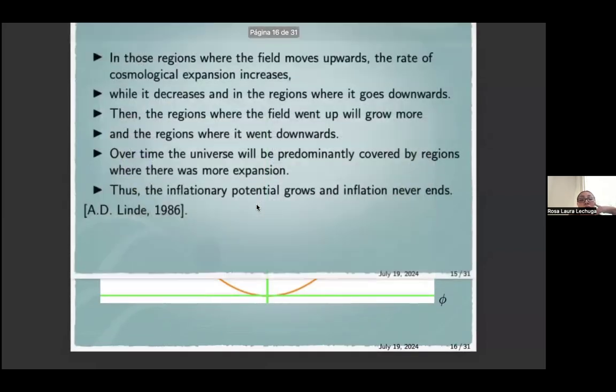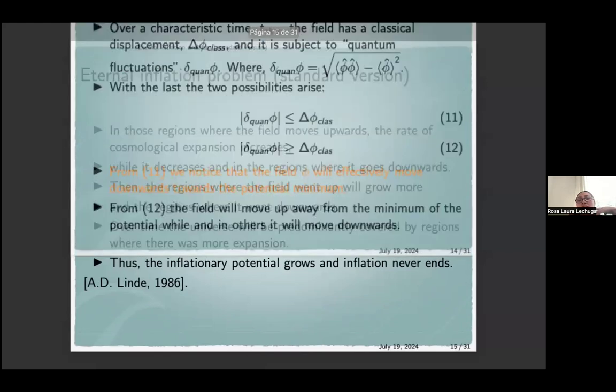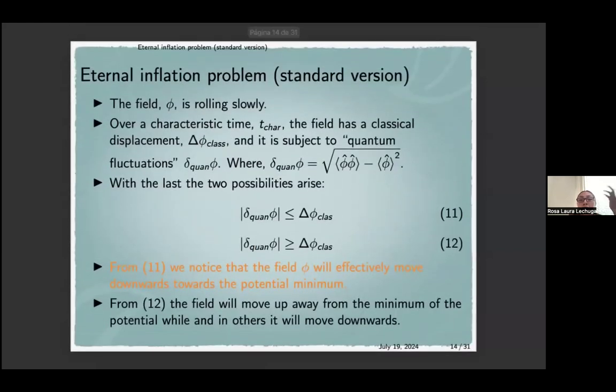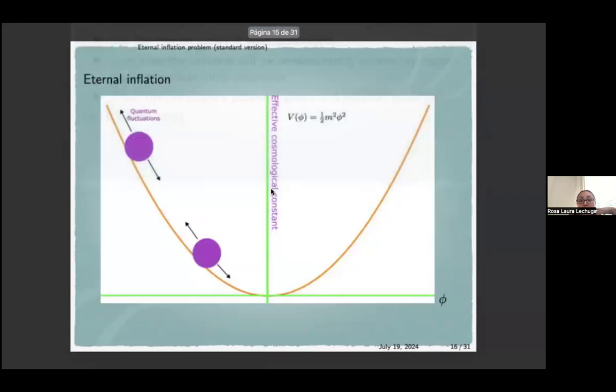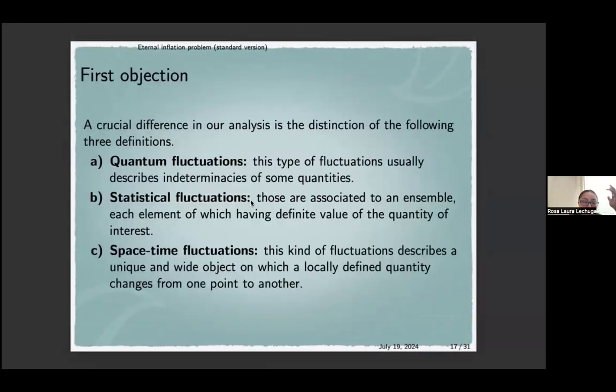So in that case, the people who thought of quantum fluctuations as statistical fluctuations had a misconception, because the idea they had in mind is that quantum fluctuations behave as statistical fluctuations. But if they work with the standard theory, they shouldn't have any worry about that situation, because they consider only the unitary evolution. If they try to use the statistical part, they have problems, because they have a theory that writes the